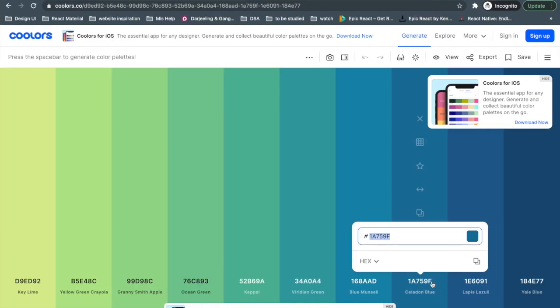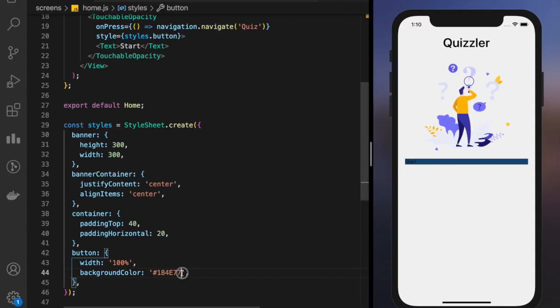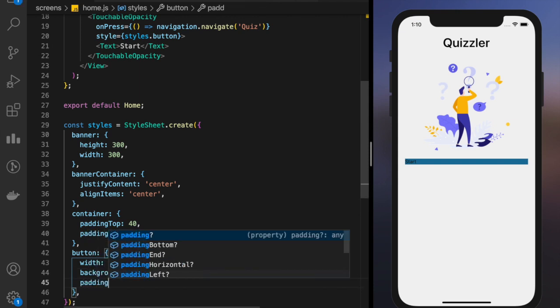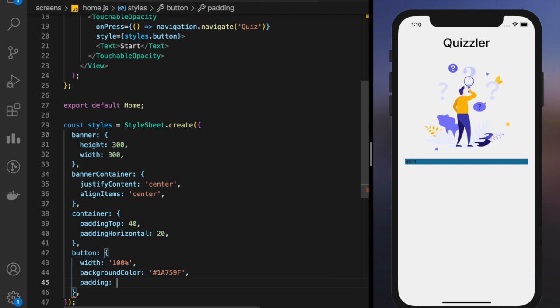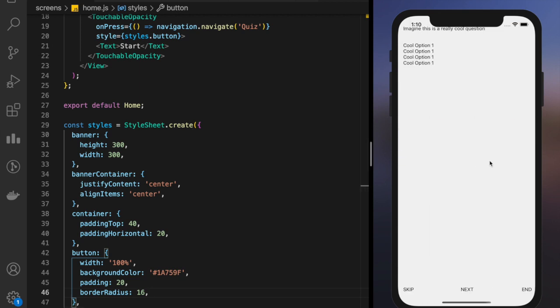This is a little more dark, I need a little lighter color, so I'll replace it. Now it looks a little good. Okay, I'll give it padding of, I don't know, 20. Okay, 20 looks good. And I'll give it a border radius of 16. So yeah, the button looks a little better.